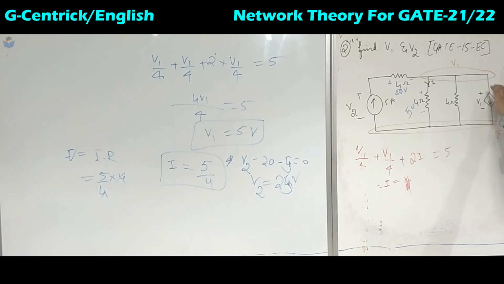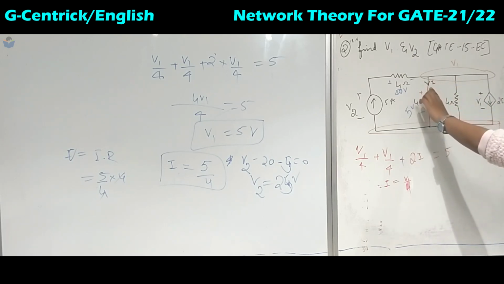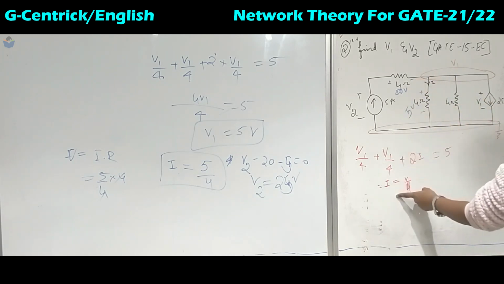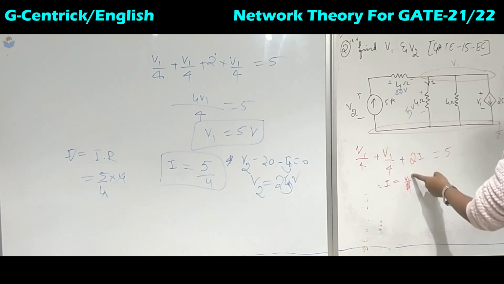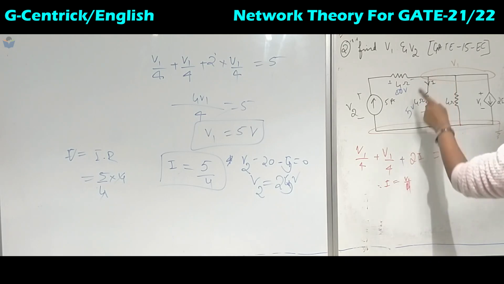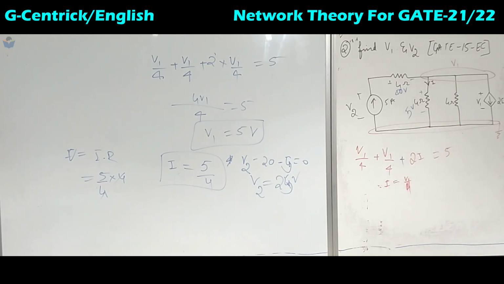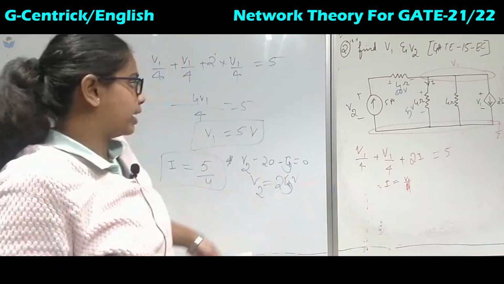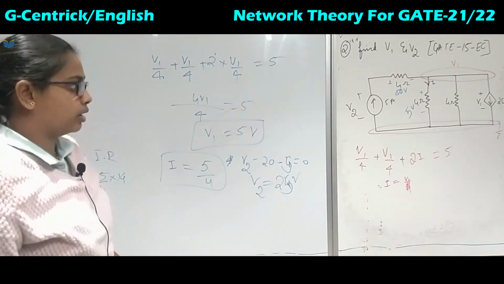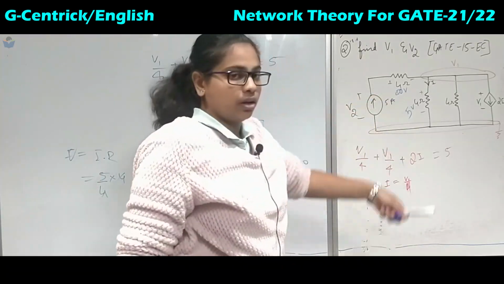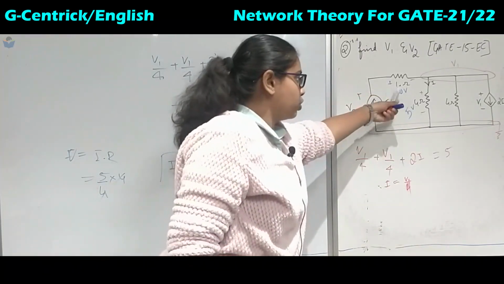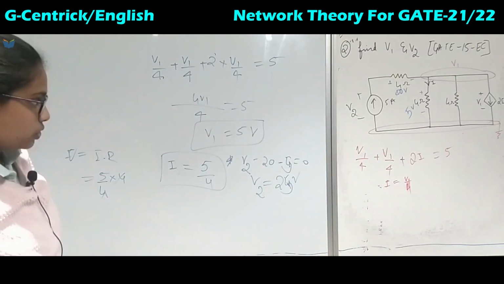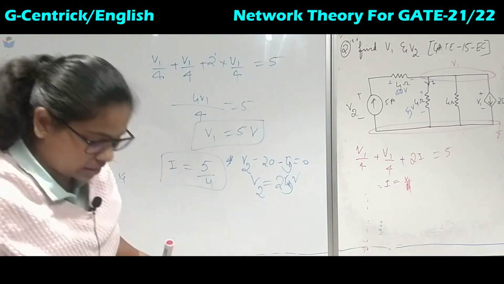Then the hint for this is given in the circuit diagram, that is I. This equation can be written using Ohm's law, that is V by R, so it is nothing but the node voltage V1 upon 4 ohms. So we get the value of current I. Once we get I, we apply Kirchhoff's voltage law around the loop, so that we get the voltage drop across this and can find the value of V2.